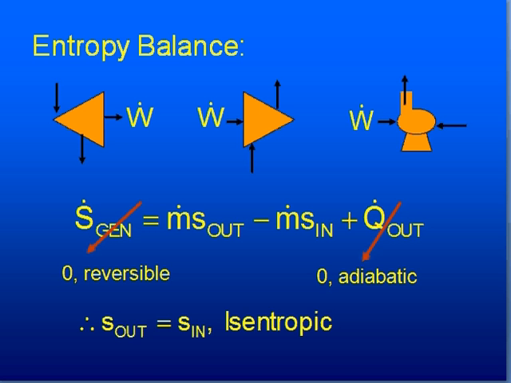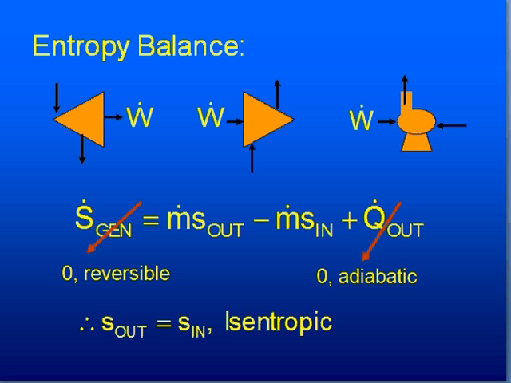Suppose we have these steady flow processes. Here we have a turbine, a compressor, and a pump. All of these processes have the entropy balance shown below. The entropy generated is the out minus the in. So this is mass flow times S out minus mass flow times S in plus